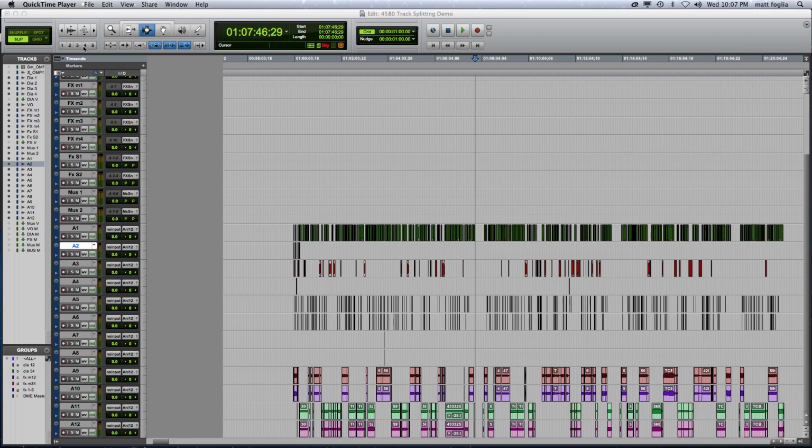Okay, this is a quick run through of splitting sessions. So I've imported an OMF into a template and also imported the reference movie and the reference audio associated with it and synced it up. So I have this OMF and it's 12 tracks, and we see that below my template here